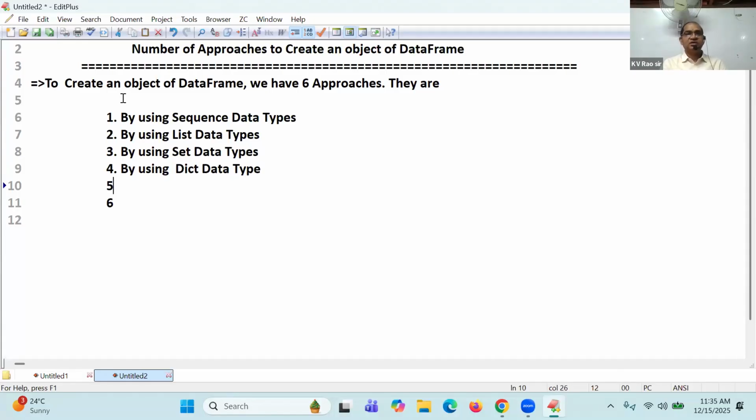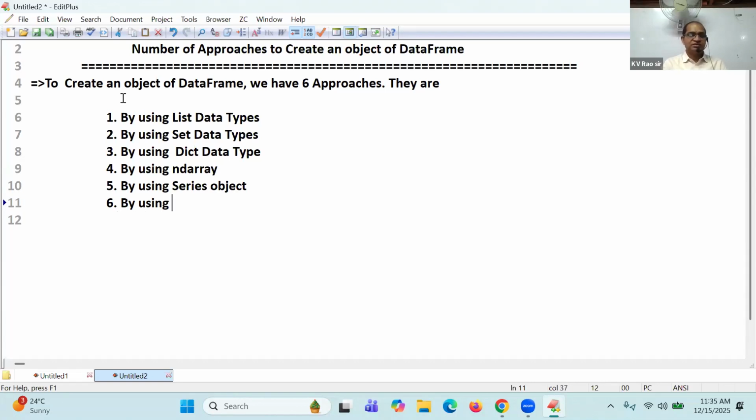Next by using ndarray object. I'm going to write it, ndarray object. Next, by using series object. By using which object? Series object. Actually, the first one, you can just keep it off. You can write it, no issue about it. But all of them are not possible, students. So here I will write 3 and then 4 and then 5. Next, the sixth one I am writing